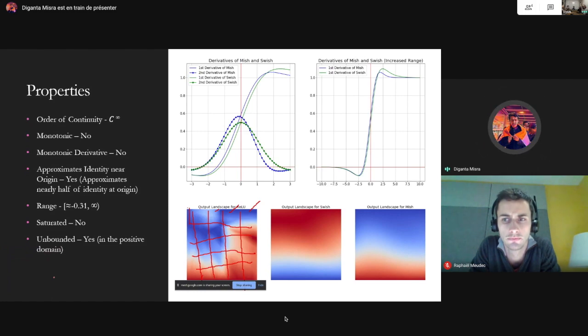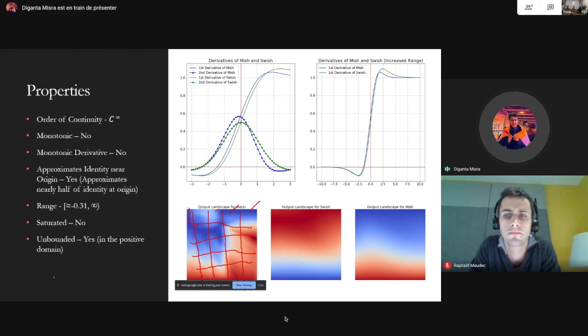For the f dash of 0 equals 1, most of the activation functions which don't even satisfy that regime still work pretty fine. So it is more important that the activation function at 0 has the activated output as 0 itself. That is the more important aspect of approximation of identity at origin. This is discussed well in a blog post that I have linked at the end in the references, so I'll share that for clarity. Okay, thanks.